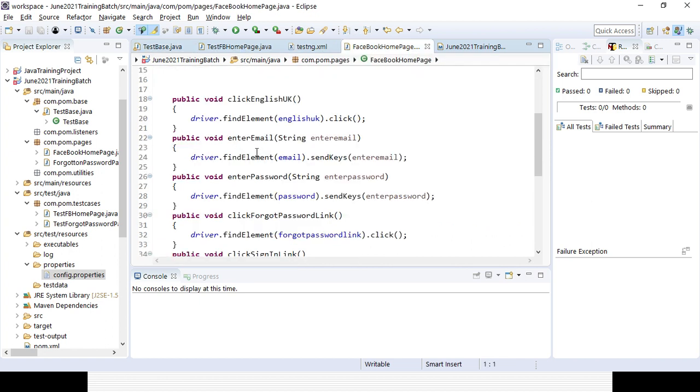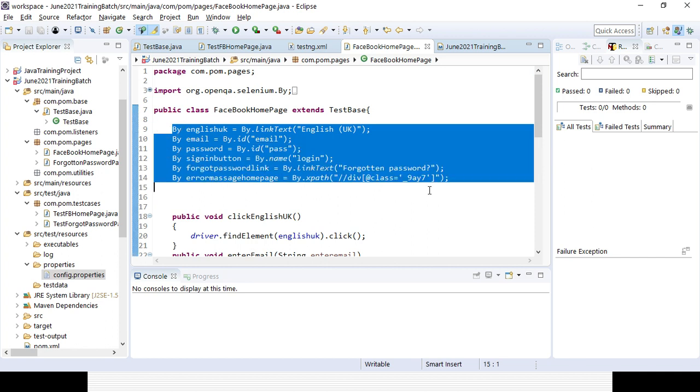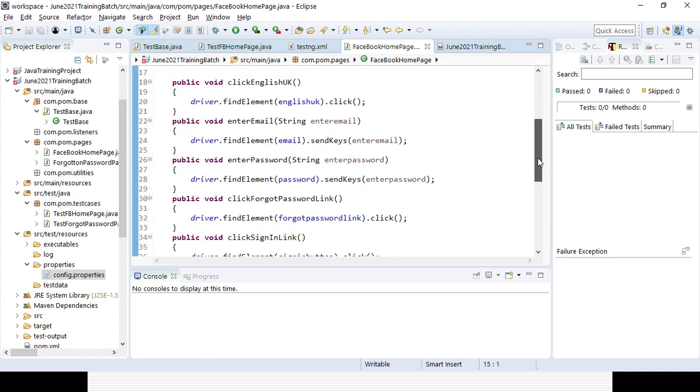And definitely using those attributes, you can use different element locator techniques like ID, class, name, link text, partial link text, CSS, XPath, with the help of the page object model design pattern. So we'll be using By here, and after that we'll be creating all the important methods here. And you can also club a few methods into a single method.